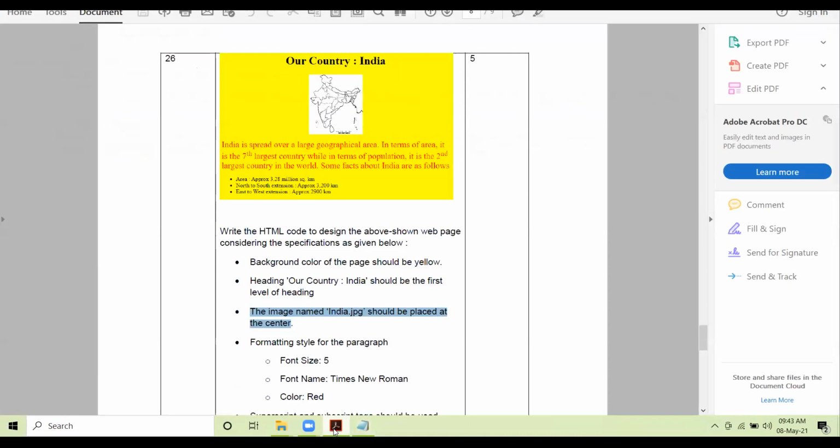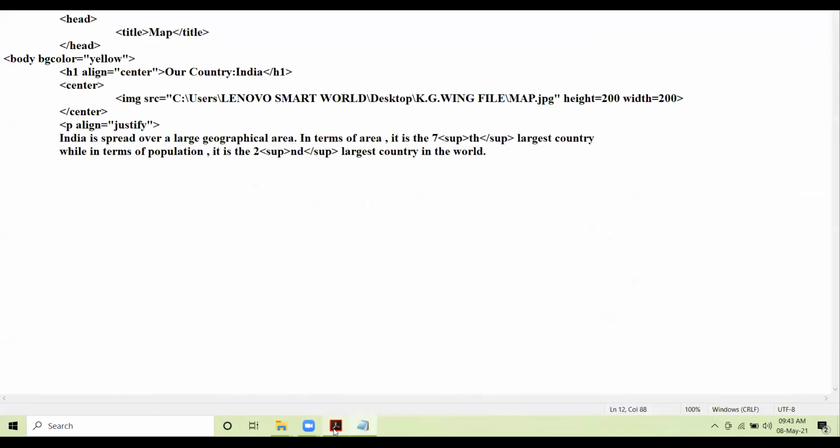Some facts about India are as follows. Right? So here I close the paragraph tag.